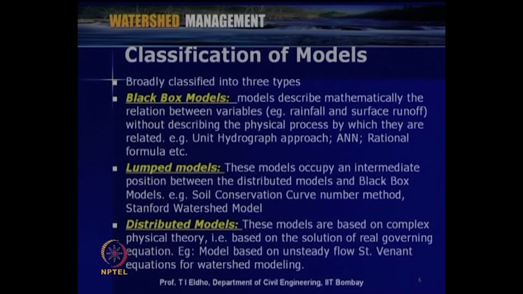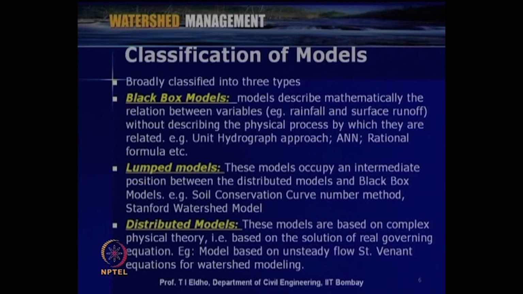Say, for example, if we consider rainfall to runoff, then we will be solving the governing equations, for example, partial differential equations such as the Saint-Venant equations or Navier-Stokes equations, which consider conservation of mass and conservation of momentum. So, most of the important physical processes taking place in the watershed we consider,